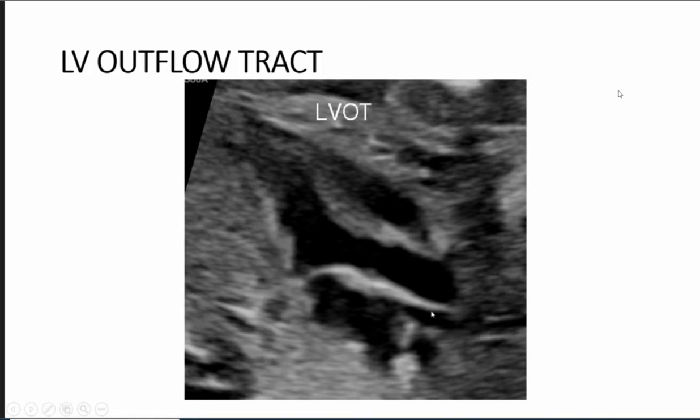Similarly, the posterior wall of the aorta and the aortic valve will continue with the anterior mitral valve. This is the left atrium, this is the left ventricle, this is the mitral valve. So the anterior mitral valve continues with the posterior wall of the aorta and posterior aortic valve. So this is called the aortomitral continuity. And if you do a Doppler here, you will get both the aortic valve and mitral valve simultaneously in cardiac systole and diastole. And this is a very important Doppler which we will see as we go forward.